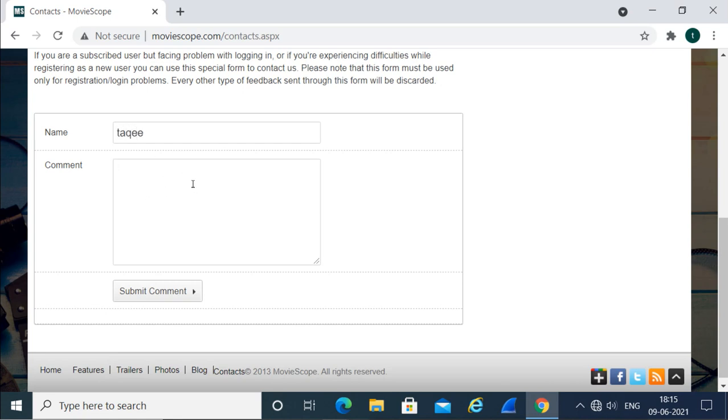Now instead of a comment, I will add a script here. Script open here. Alert. I'm just adding an alert script. It will just show the alert window, and this will say that